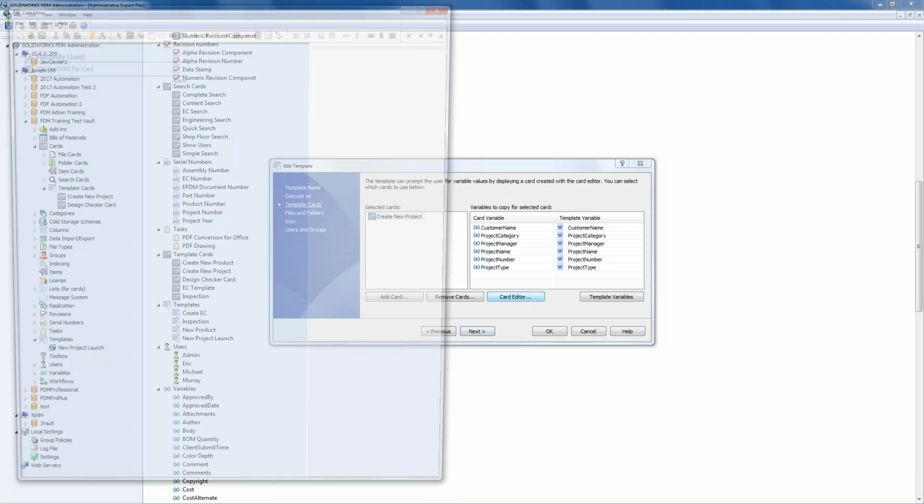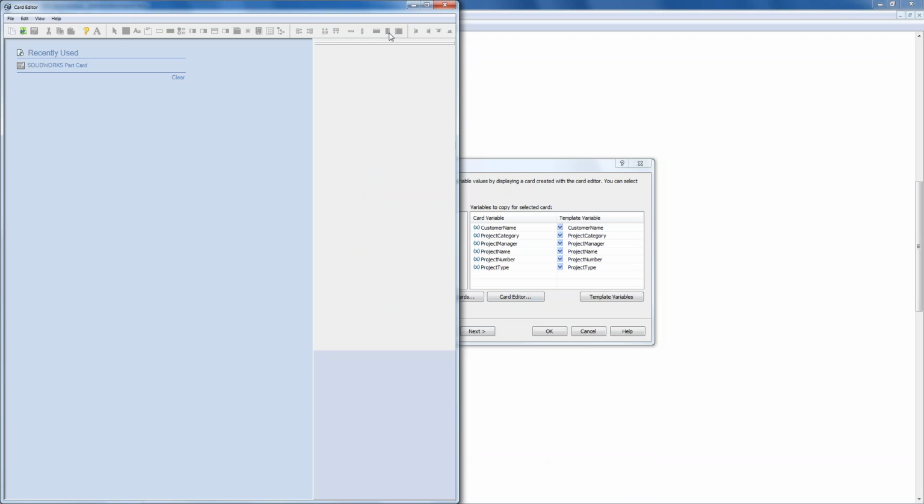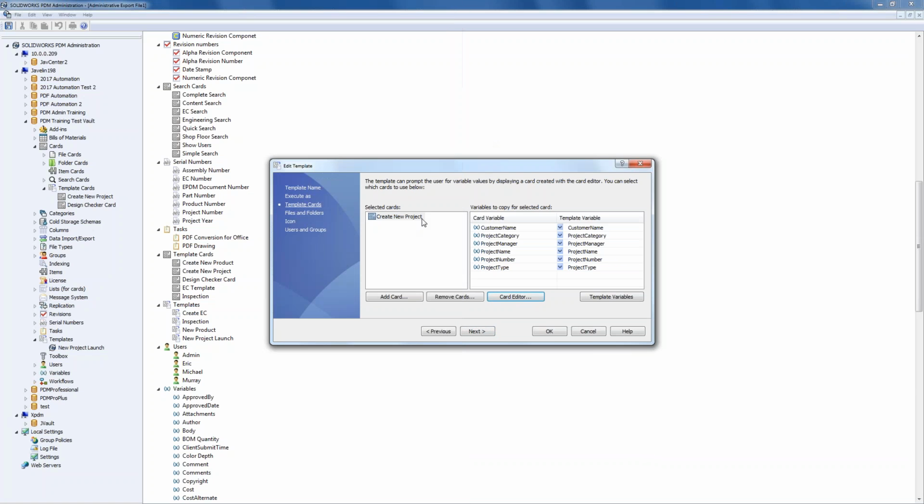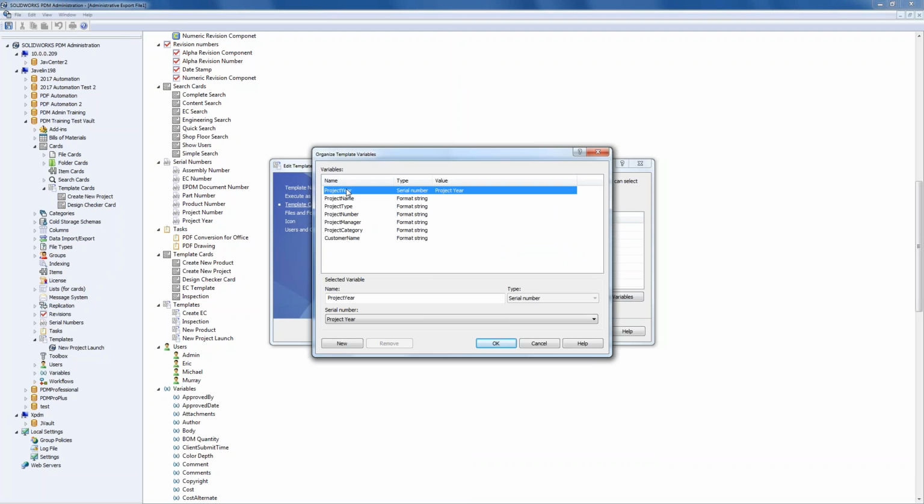So next thing is where you have the ability to edit. You can go directly to the card editor and manipulate the card that drives that. And that's where you can get some input content. And there's also the template variables. So the template variables are information that is stored temporarily in the template